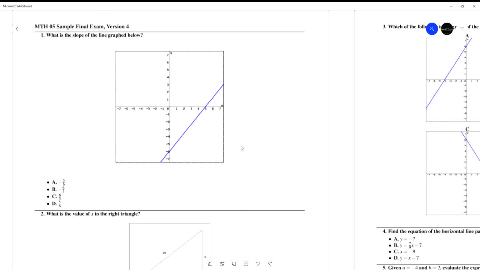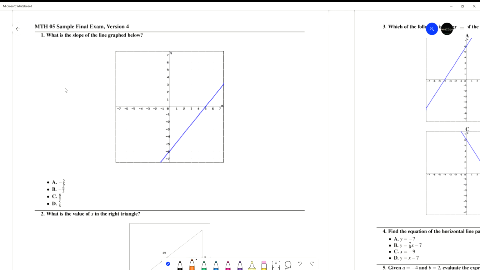All right, so this is final exam version 4. Let's see here. We have number 1. What is the slope of the line graphed below? So the real easy way to do it, remember, is to count the change in the y over the change